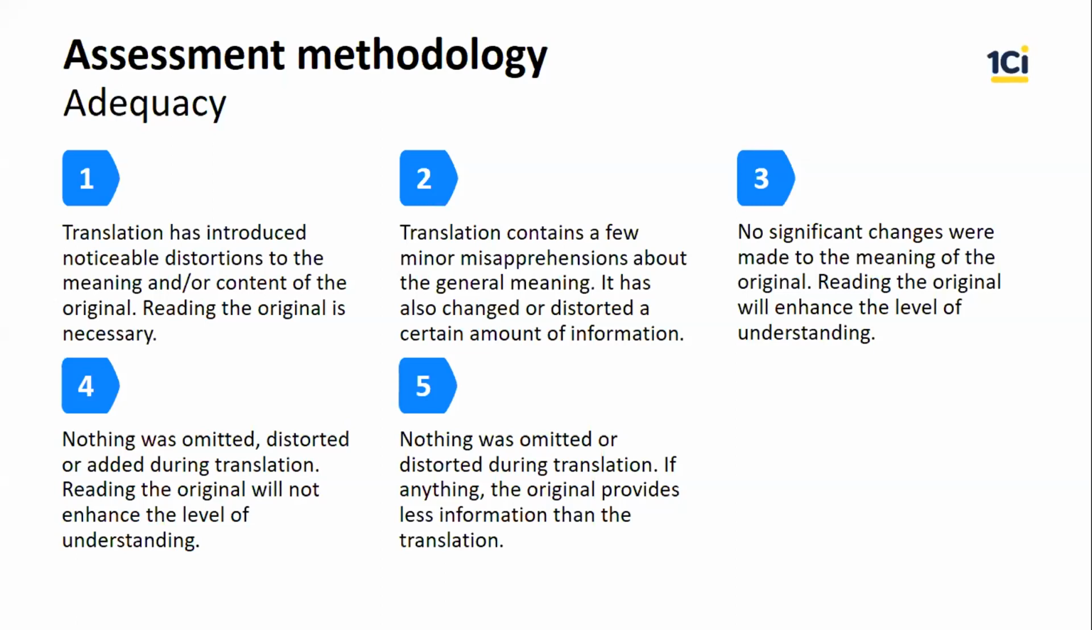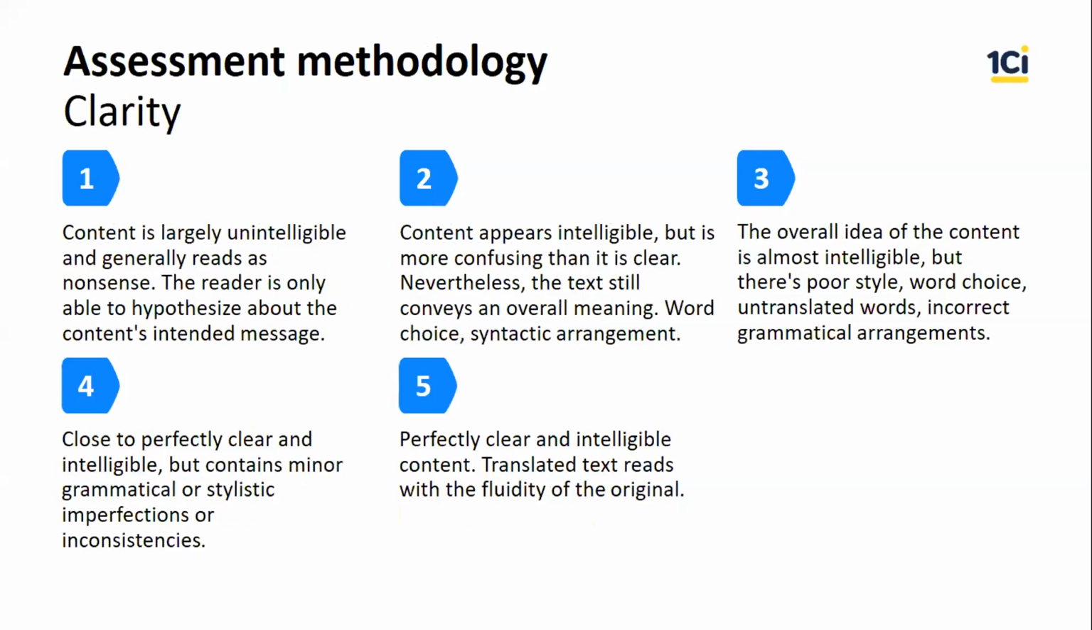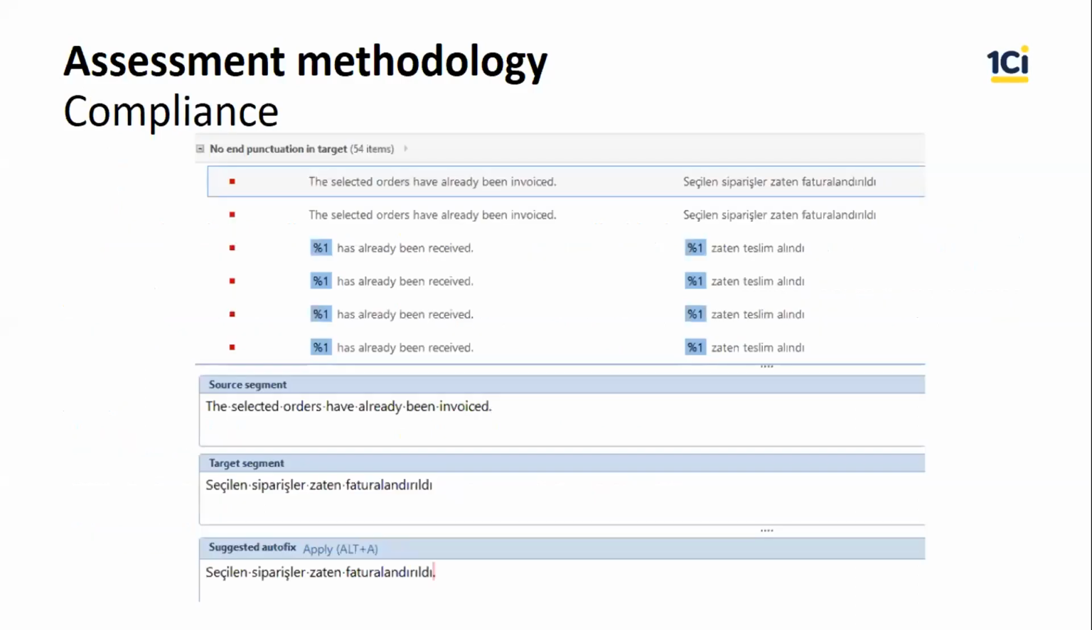So there's another criteria, clarity. It shows the stylistic part of the translation. The translation gets the highest rate if it reads as if it was initially written in the target language, not translated. And the third